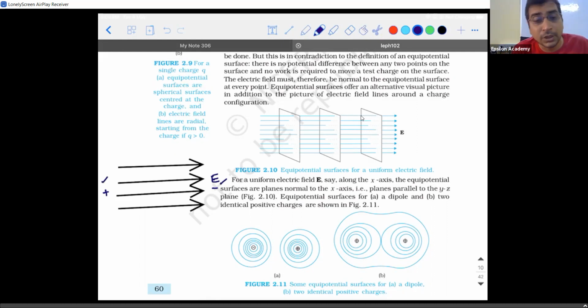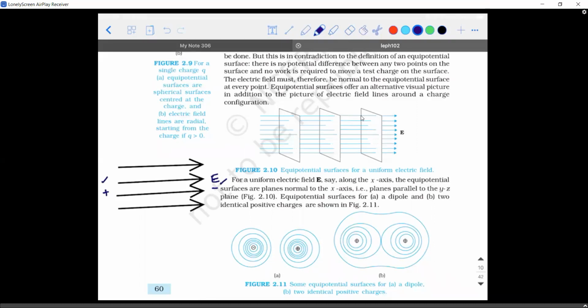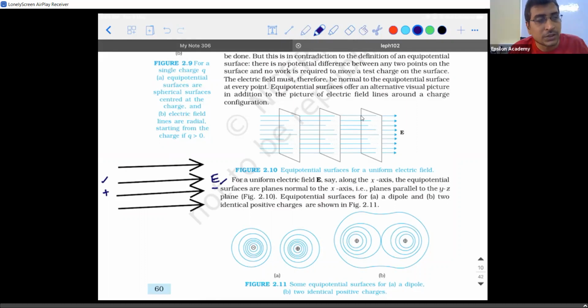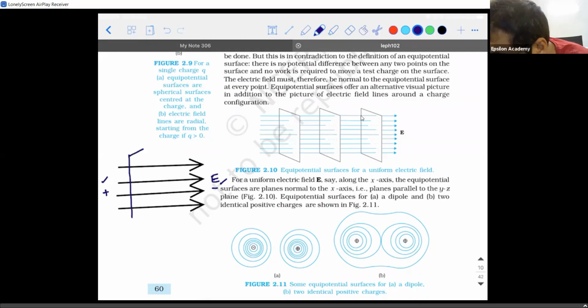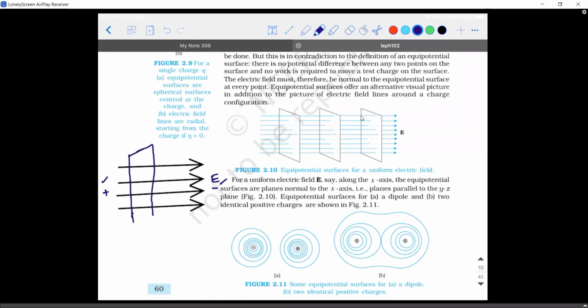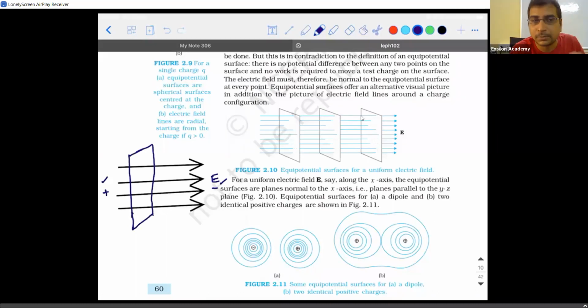Then how is the equipotential surface going to be? Just now we saw an important concept. You need to draw a surface which is perpendicular to the electric field at every point. If the finger is the direction of electric field, then I need to draw a surface perpendicular to it, and that surface you can choose is a plane surface. So the equipotential surface for a uniform electric field will always be perpendicular to the electric field at that point.